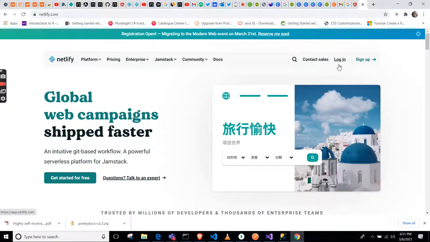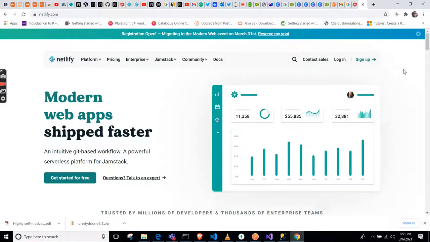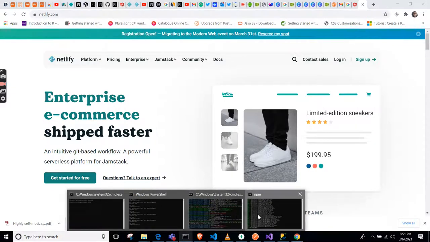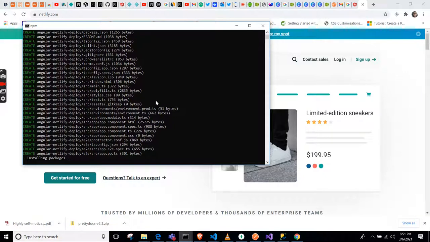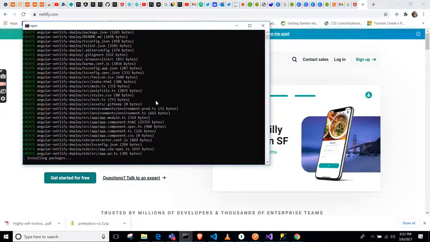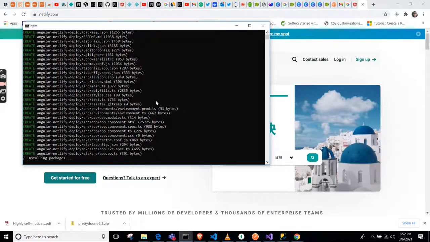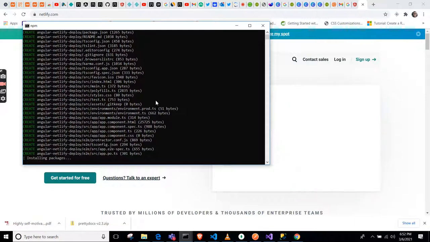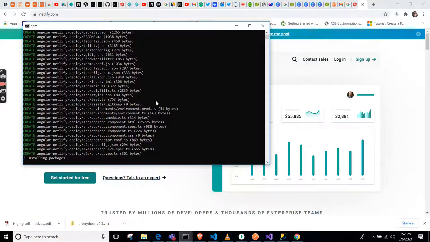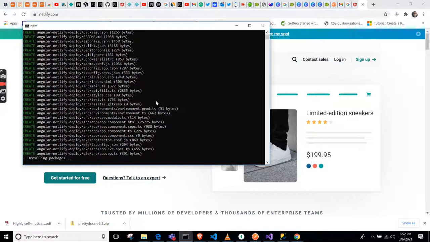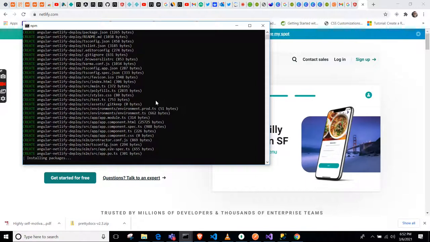Let me see if our Angular app is ready. Okay, it's not ready. I need to follow this step by step. So let's wait for it to get us a new Angular app. And while that is still running,